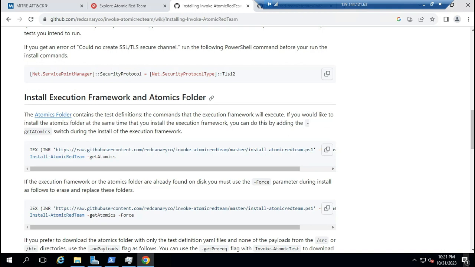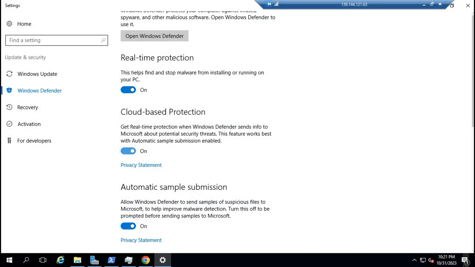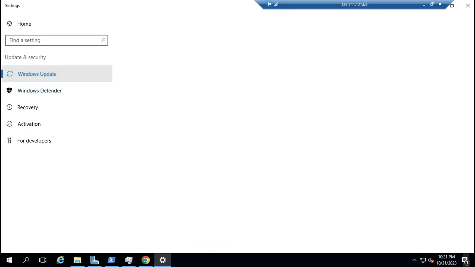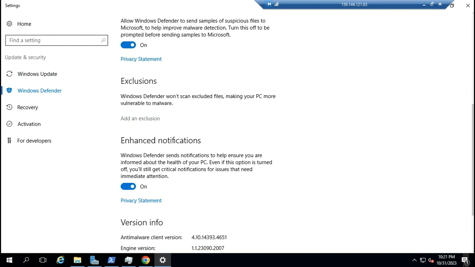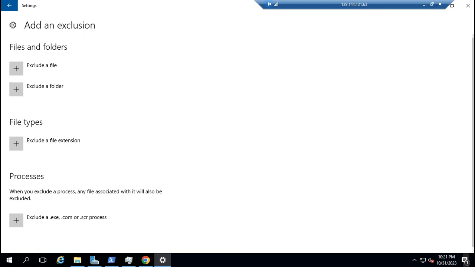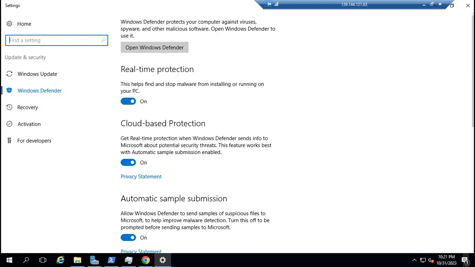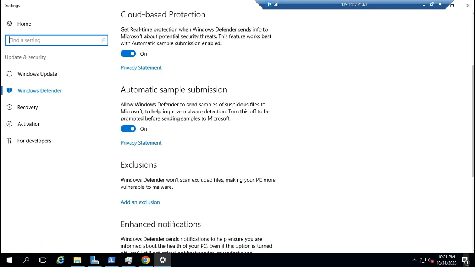The second part is, don't forget to make an exclusion, because we are trying to download maybe malware or something with that behavior to our Windows, so usually Windows Defender detects it.